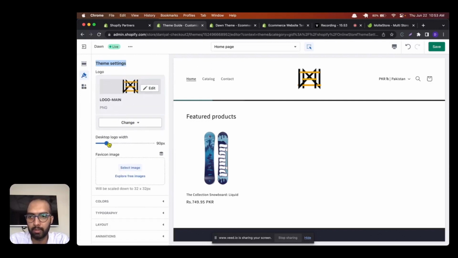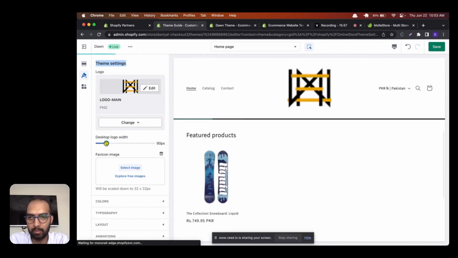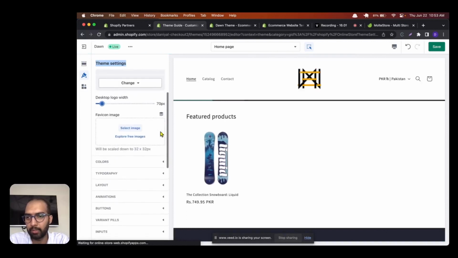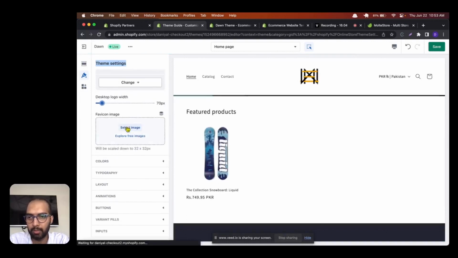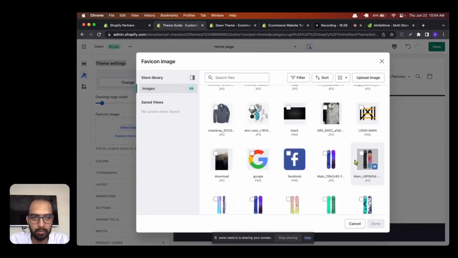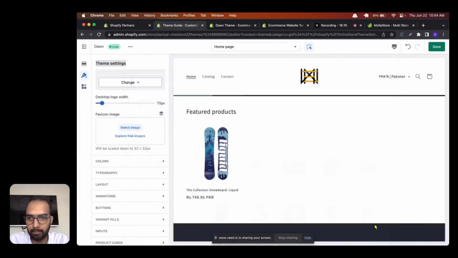You can also adjust the size of the logo based on your requirement, and then you can also add a favicon image as well. So I'm just going with this one,